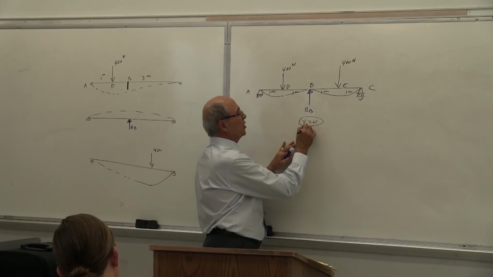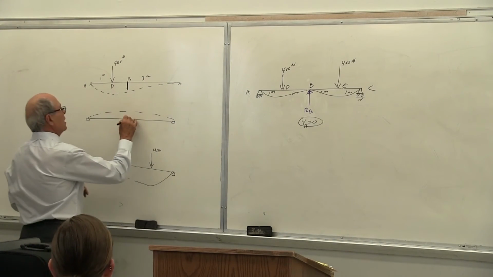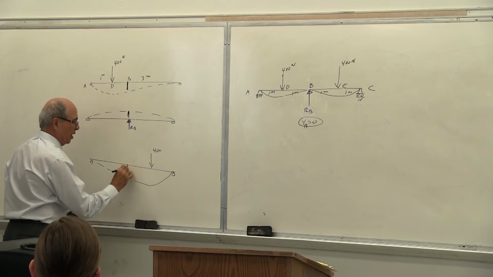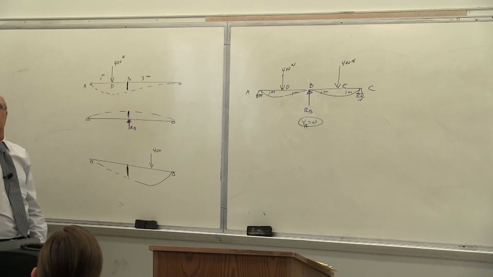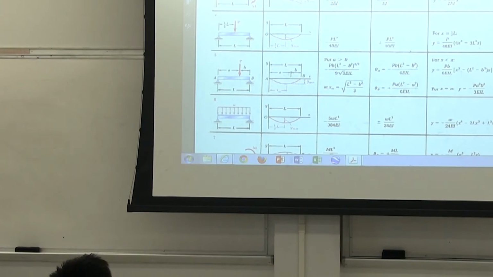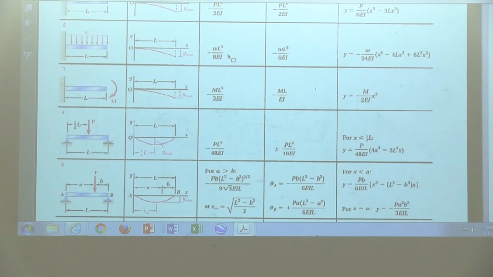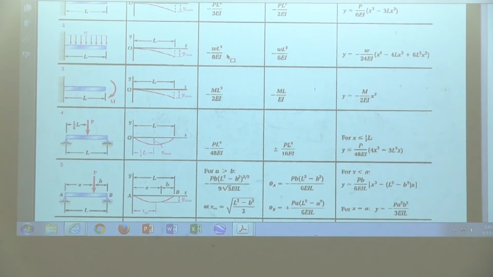What is this B? This is YB. Is that correct or not? So YB of this beam plus Y of this beam and Y of this beam, is that correct or not? Together should be all together must be equal to 0. Correct or not? Yes? That's the question you want to answer. Now, you draw this or at least show me there. Then in the math part, you make a couple of mistakes here. That's not a big deal. But not putting this and not defining your system, doesn't get you anywhere. Is that correct or not?